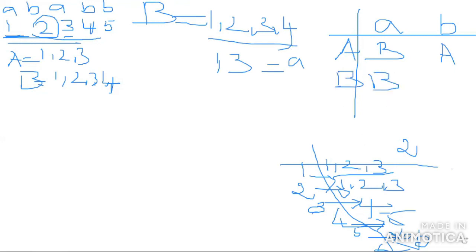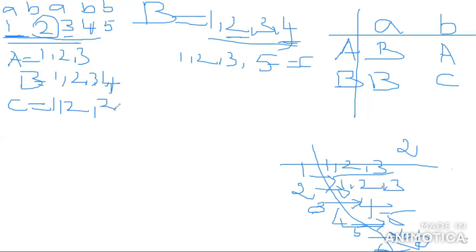Okay. Then what is the follow position of B? In the B state, the positions of small b are 2 and 4. The follow position of 2 is 1, 2, 3. The follow position of 4 is 5. So 1, 2, 3, 5 is a new state. The new state, mark it as C. So B comma B is C. The C is nothing but 1, 2, 3, 5. Okay, now C is complete. Now B is complete. Then next you move on to the state C.